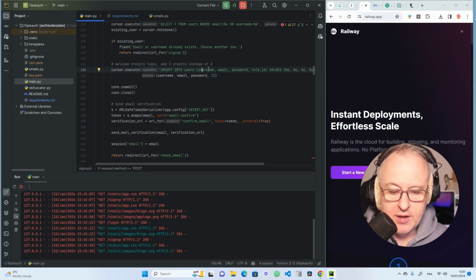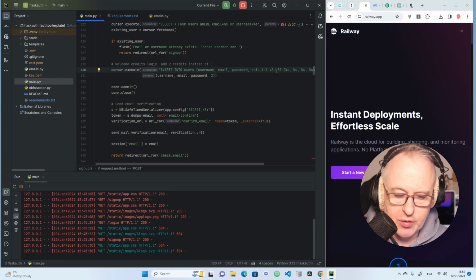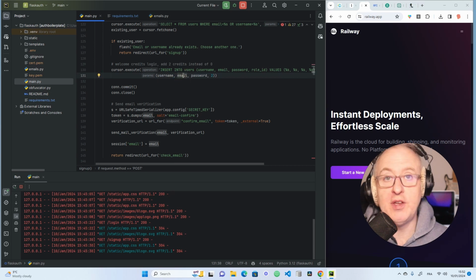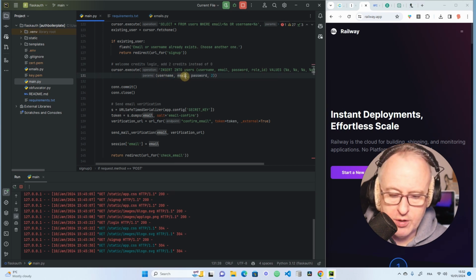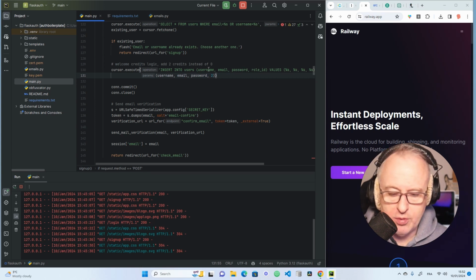We will insert something for username, email, password, also a role ID. That's just optional, but that's if you want to define different roles for your users. And then we have here all those placeholders, and we have the variables that will be passed to the MySQL database. So the actual username that we retrieve from the sign-up form, the email, the password, and here we will also give a role ID of 2, which in my example is the role ID